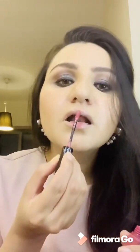You can just go on, and this is my look, and I'm gonna just simply spray so it will look more hydrated. After putting gloss, I'm gonna use this mauve shade, number 85 from Sephora, and it's a normal lip color, and I just take a little bit and this is my complete look with the